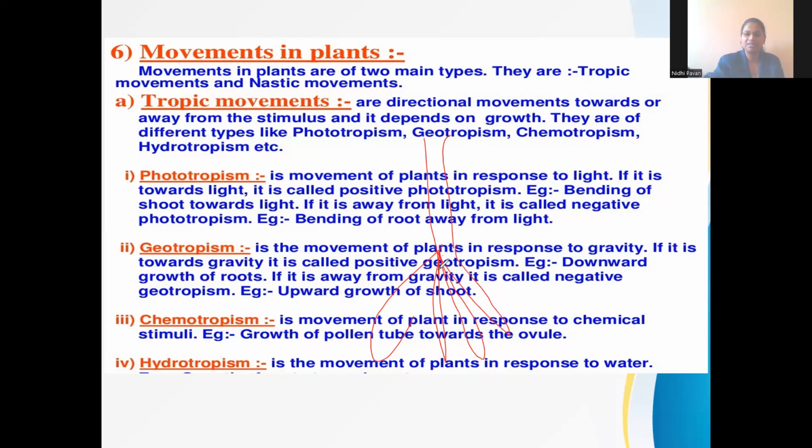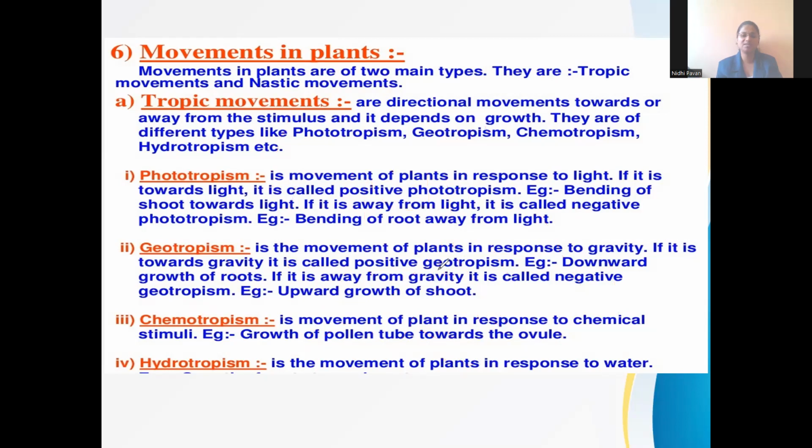So here what happens, the roots will grow towards the gravitation, but the stem will grow away from the gravitation. Okay, so here we can say root is positively geotropic because it is growing towards the gravitation, and the stem is negatively geotropic. It is growing away from the gravitation. Okay, next we have